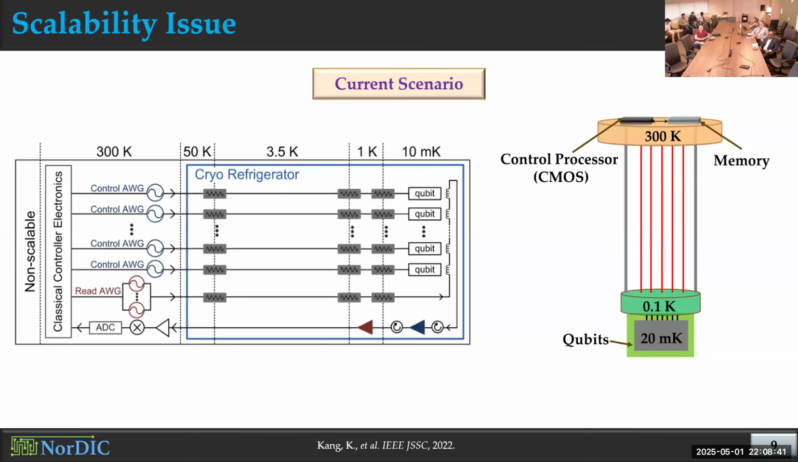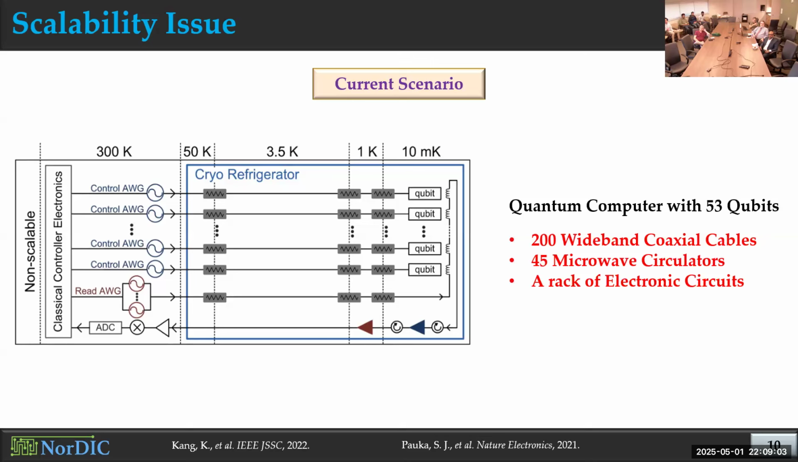But to control and read out these qubit states, we need a cryogenic controller, a classical controller and a classical memory system, which are currently placed at room temperature. Now you can easily imagine, if you have some components at room temperature and qubits at millikelvin temperature, we'll need a huge amount of wires and interconnects to make this classical-quantum interface. And it was reported in 2021 that to control a quantum computer with only 53 qubits,